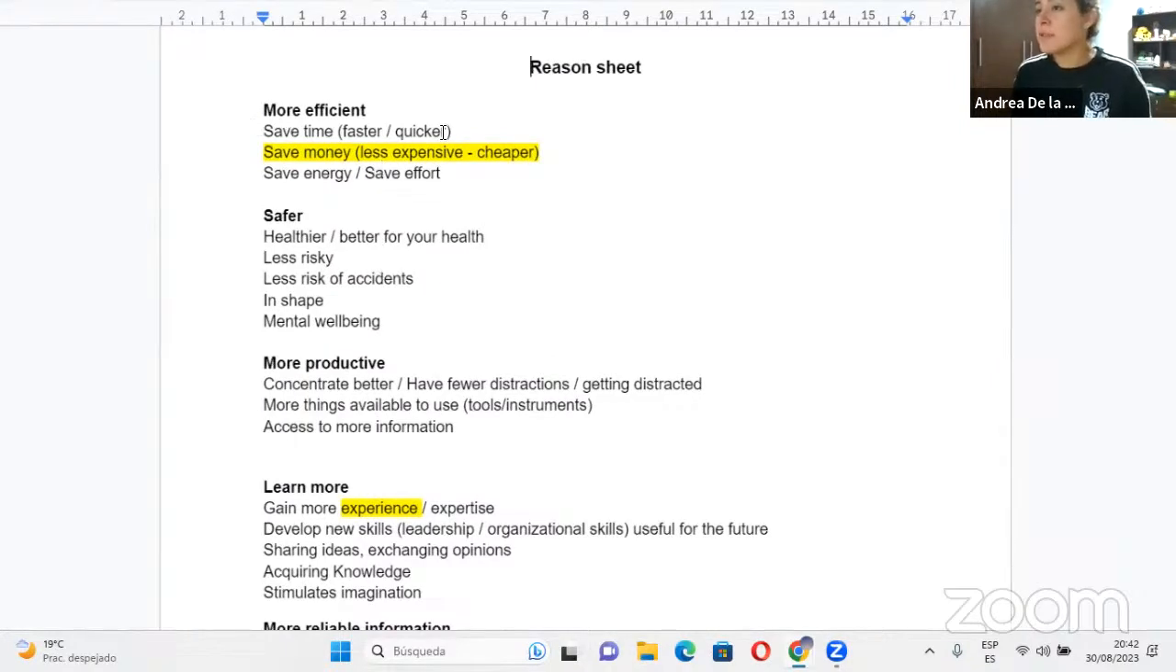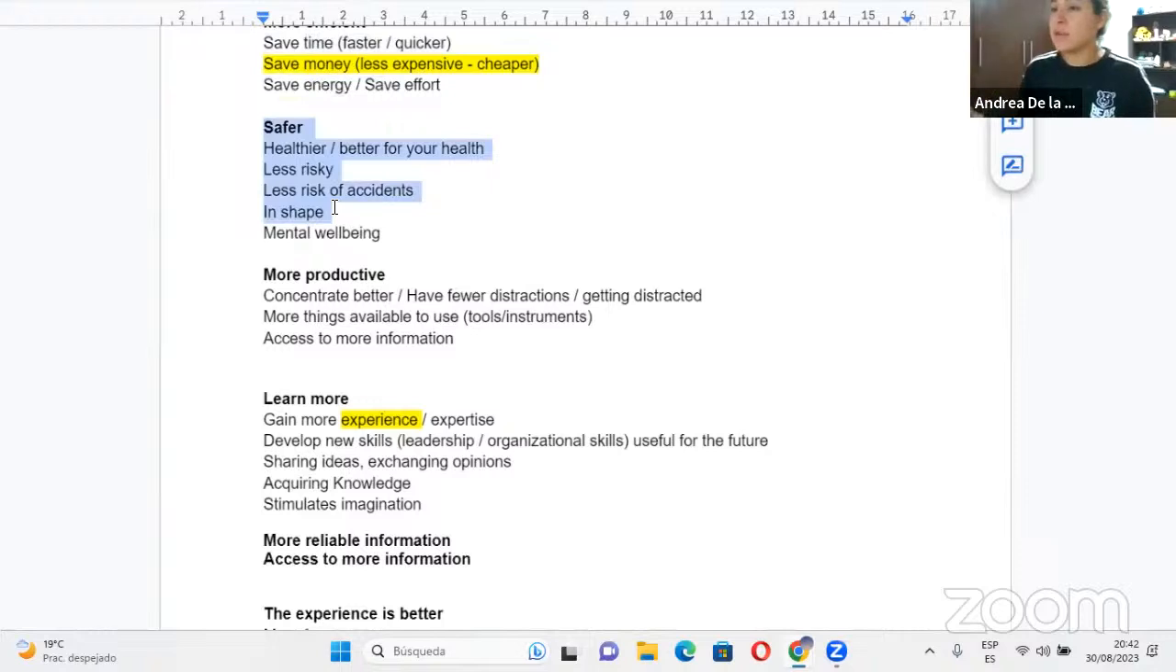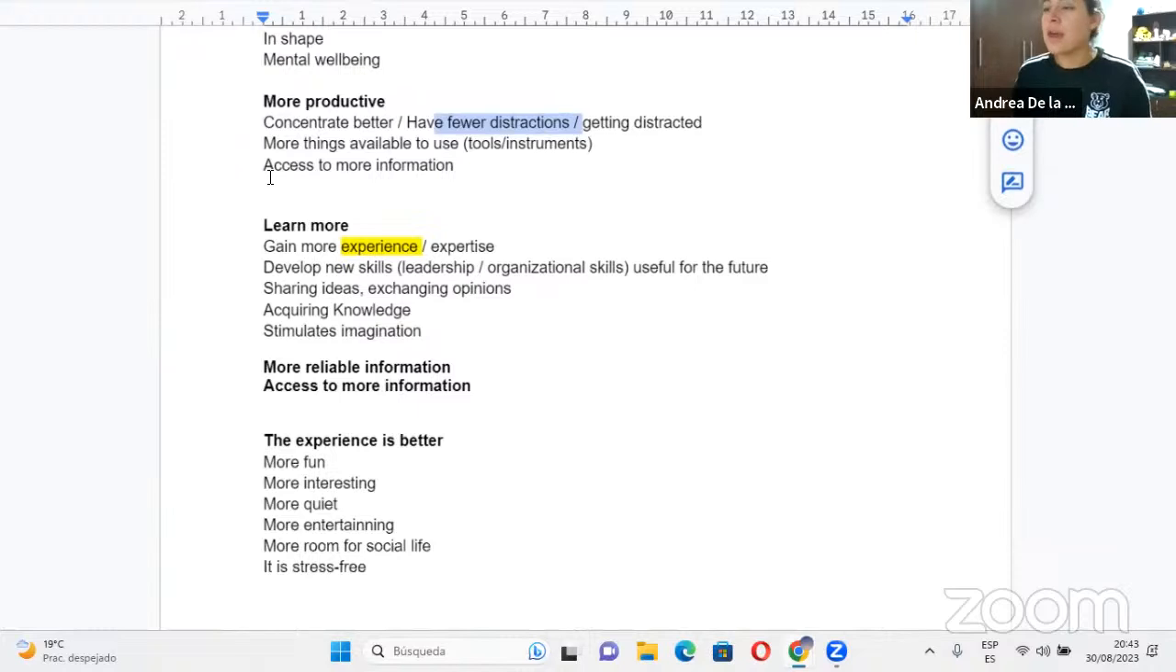For example, saving time, something being faster, something being quicker is a very common reason. Saving money, saving energy. You can always talk about that. You can always talk about safety. For example, in this case, you could say, I think it's better to avoid taking risks because that can be risky for your health, let's say. You can always talk about productivity, concentrating better, having fewer distractions, not getting distracted, having more tools, having access to